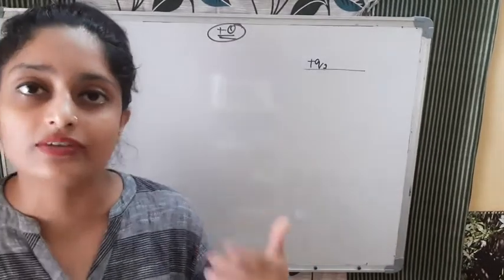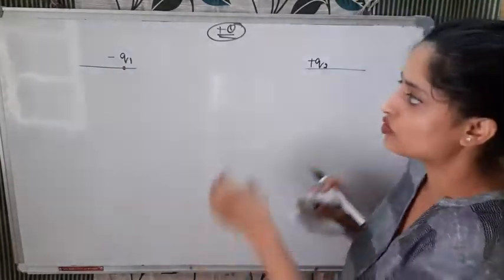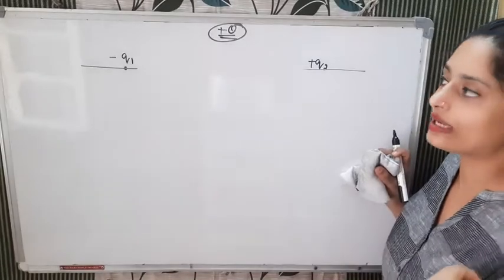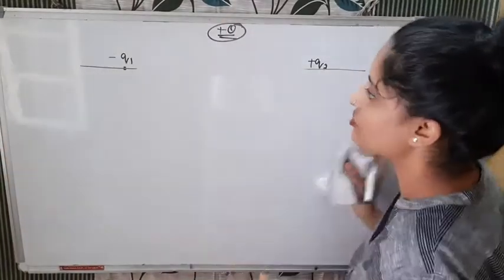And force is what? A vector quantity. If the forces are equal and opposite in direction, they will cancel out. Otherwise, they will not cancel out. So we will not put this plus q here. So what can we do? There will be two cases, either on the left or on the right. So how will we solve that?